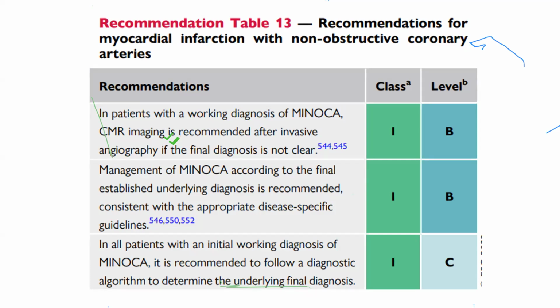and you are certain, so if the person has fulfilled the diagnosis. However, you go and do diagnostic coronary angiography and there is no evidence of obstructive coronary artery disease to explain that this patient had a type 1 myocardial infarction, then you may look for other causes. So it's myocardial infarction by fourth universal definition, but there's no evidence of obstruction. So myocardial infarction, non-obstructive coronary arteries. So cardiac MRI has been recommended.